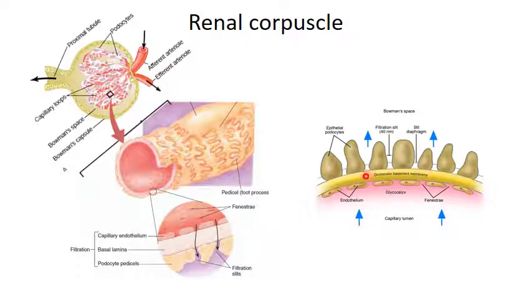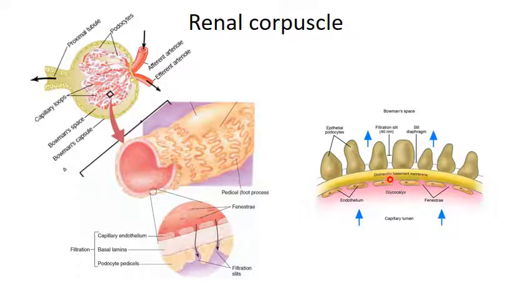Now all these three layers, that is the endothelial layer, basement membrane and the foot processes, together make a membrane across which glomerular filtration takes place. And this membrane has a net pore size of 8 nanometer only. So anything smaller than 8 nanometer will be able to cross the capillary wall, whereas things larger than 8 nanometer will be retained within the blood and will not be filtered out.